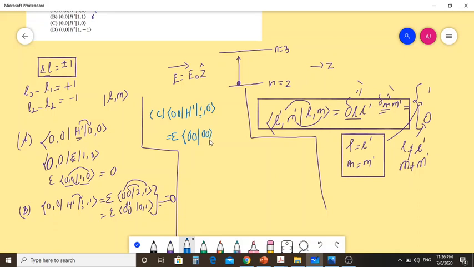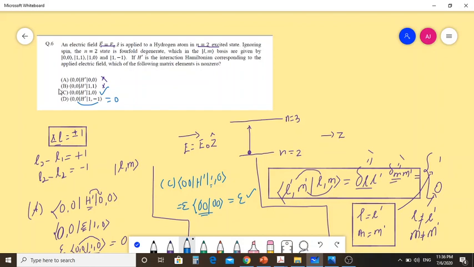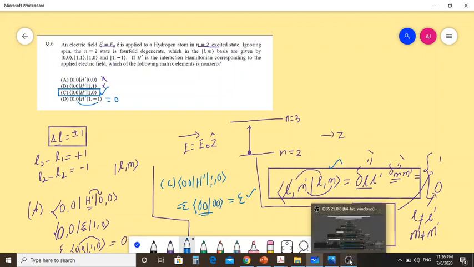M is 0. Now this is allowed. So the inner product goes to 1 because L equals L prime and M equals M prime. So this is an allowed transition. Even if you check the last one, it won't do anything to M, so M is not equal to M prime, this integral goes to 0. That means the transition is not allowed. Option C is the right answer. So this transition is allowed for the given interaction. This is a way one can verify. For that you need this form of integral. Sorry, it's not an integral, it's an inner product, or maybe you can also represent it as a form of an integral.